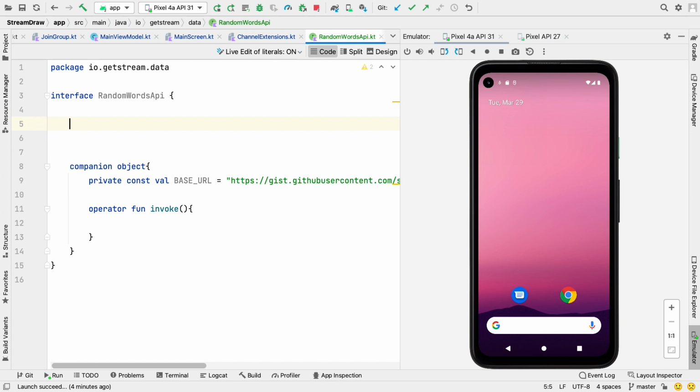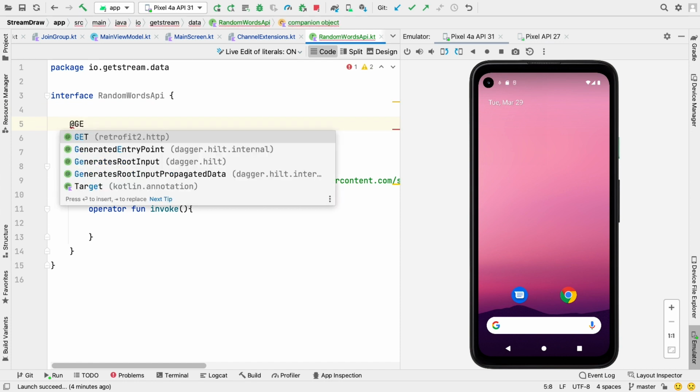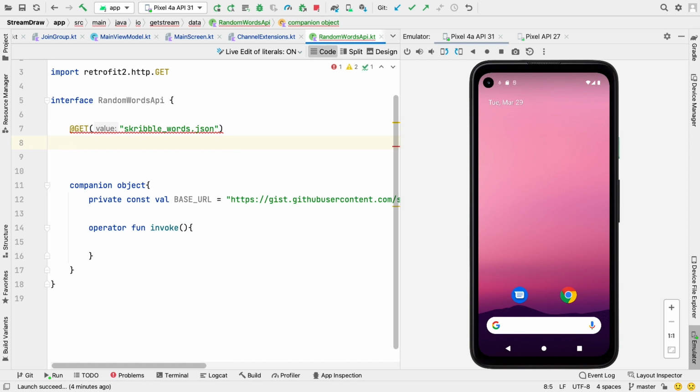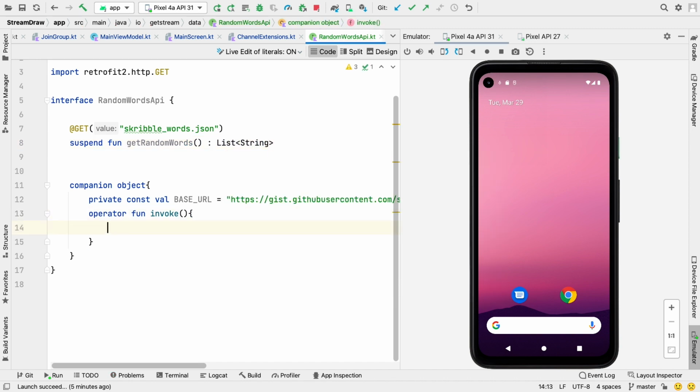Now here I will define a get request. So we have get, and this is the URL that we want to get, and here I will define a suspending function. So we have suspend fun getRandomWords, and it will return a list of string like this. Now in my operator fun invoke, I will define the return type as RandomWordsApi, and here I will write return